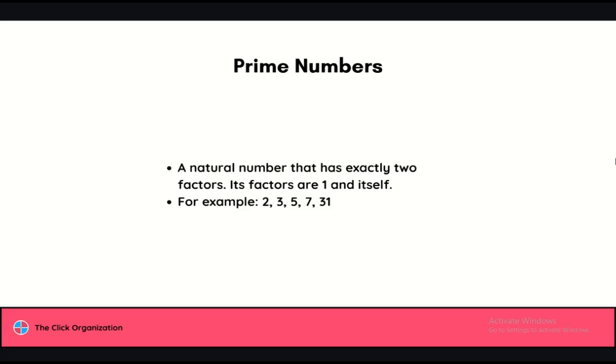is itself. In order to be prime, you need to have two factors, and in order to be composite, you need to have at least three factors. So that's why 1 is neither of them. And the second note that I want to add is that 2 is the only even number